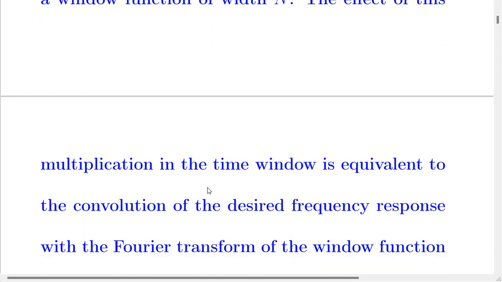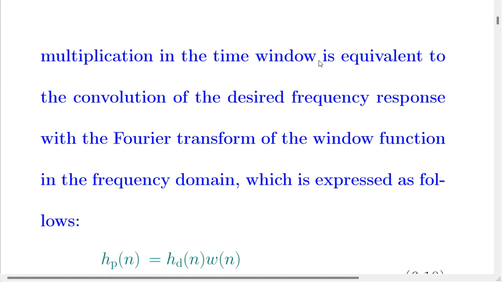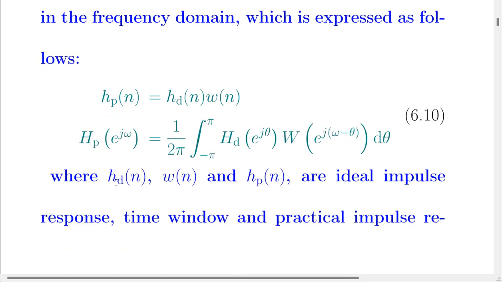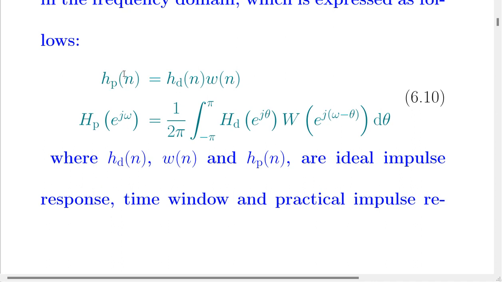The effect of the multiplication in the time window is equivalent to the convolution of the desired frequency response with the Fourier transform of the window function in the frequency domain, which is expressed as follows. h_practical[n] is equal to h_desired[n], or h_ideal[n], times w[n], the window, the time window. So, H_practical(e^jω) will be equal to 1 over